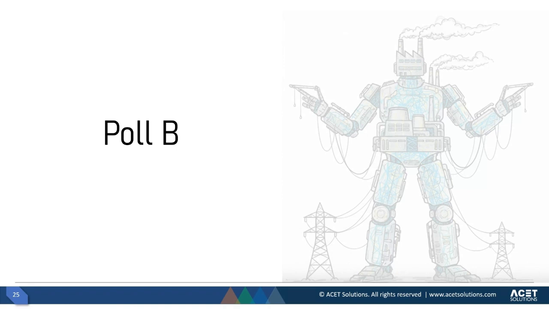Okay, so we got the answer. Approximately 44% of the people said mostly accurate but could be better. And 24% are saying excellent. And 18% are saying fair. 2% are saying what diagram. Anyway,